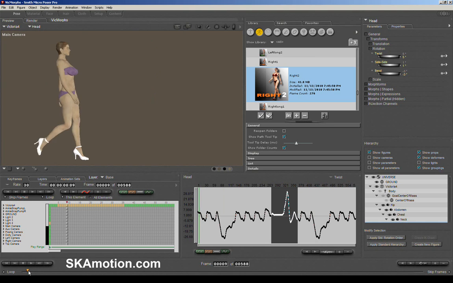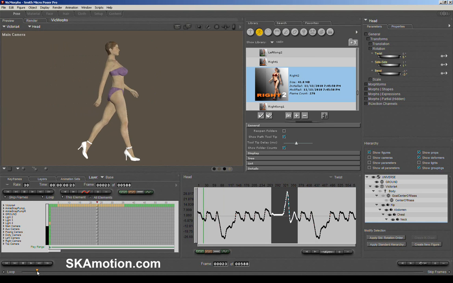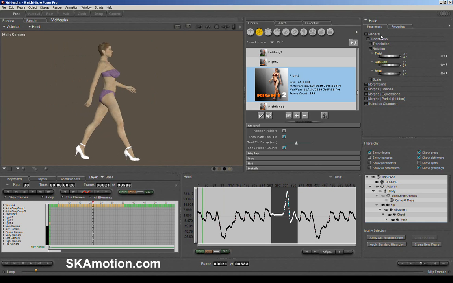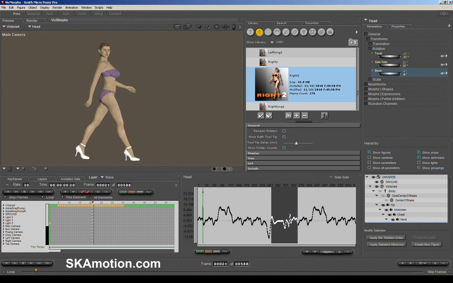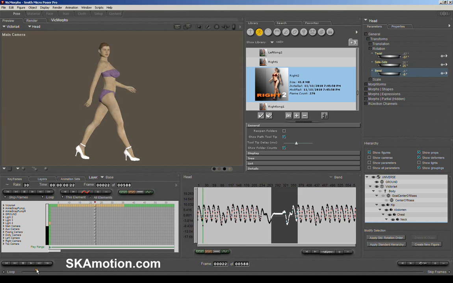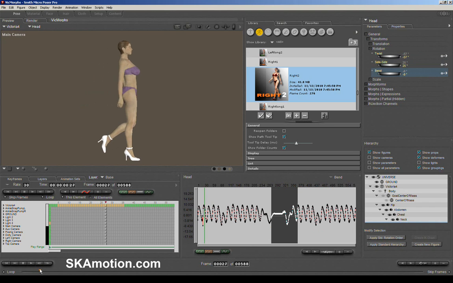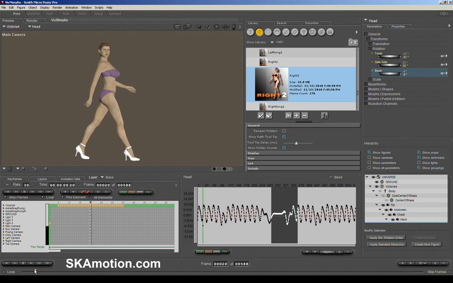So for example, if she's walking here and someone tries to have her look over this way and they pose her head like this, for example, and then when they go to render it, unfortunately what happens is it just pops for that one frame and then it goes back to the regular animation.